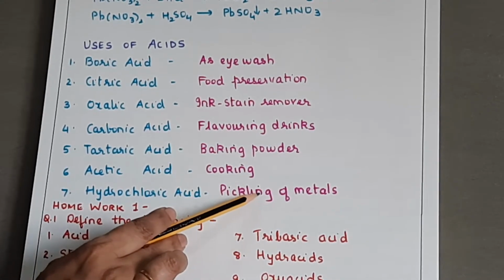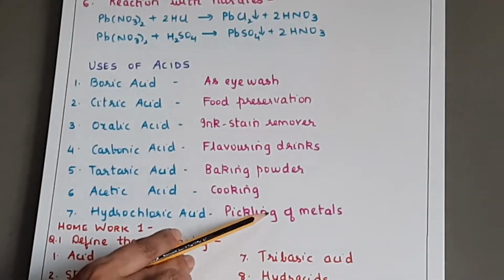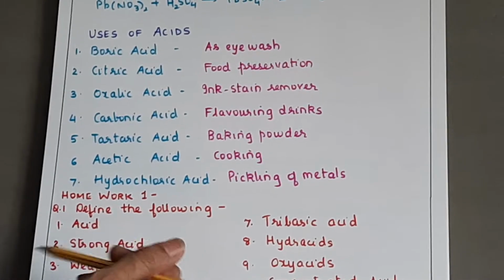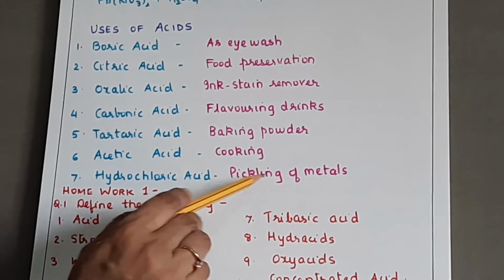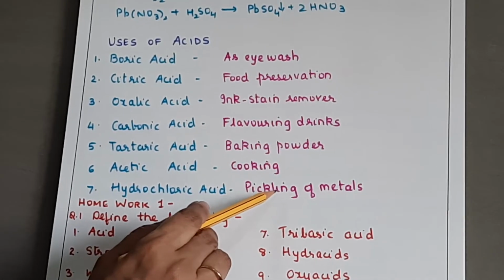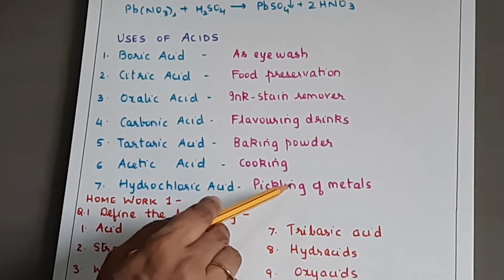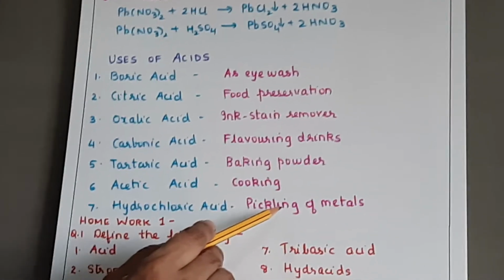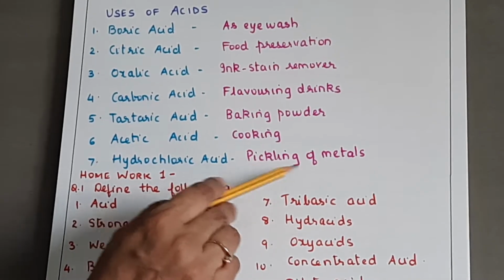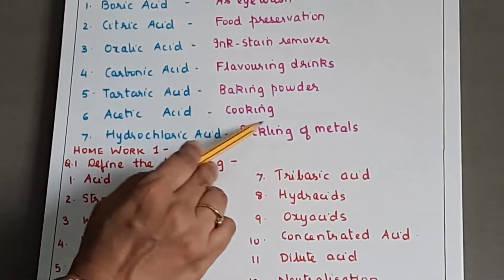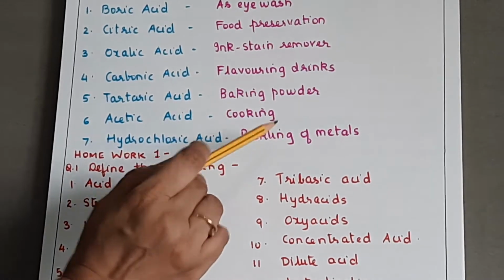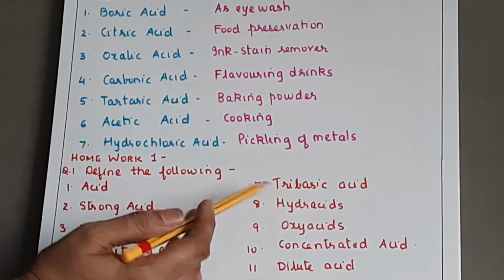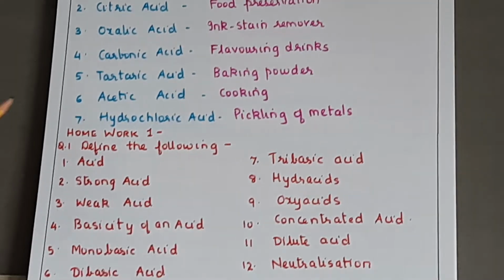Now what do you understand by pickling of metals? Just understand, pickling of metals is when you clean the surface of the metals just before you want to give some coating on the metal, like before galvanization, when you are carrying out galvanization using zinc on iron. When you give a coating of zinc on the surface of iron, that process is called galvanization. So when you clean the surface of iron, that process is called pickling of metals. Which acid is used? Hydrochloric acid.